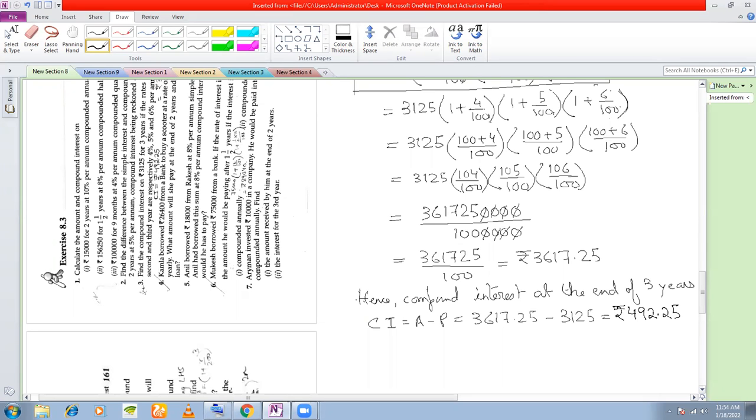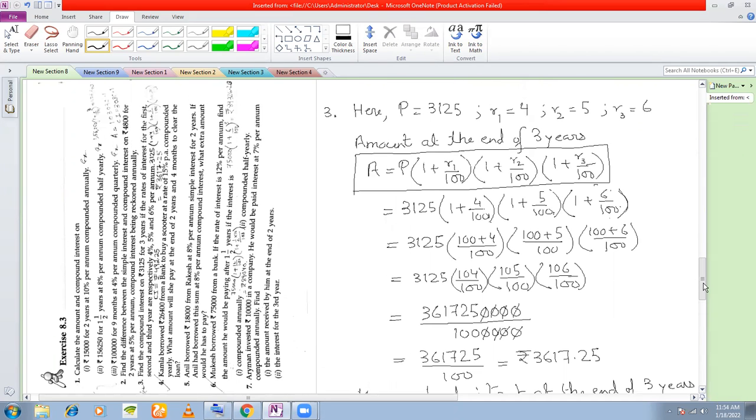Okay. So for different years, when the rates are different, this is the compound interest formula that you should apply. And you must remember this. Otherwise, if you do by simple interest formula, it is going to make things more difficult, because you have to do the calculation for each year. For the first year, you will have to calculate the amount, then you have to make that the principal for the second year, and then again calculate the amount, and then again you will have to make that amount as a principal for the third year, and then again you will have to calculate, and then you have to subtract from the principal, to get the compound interest.